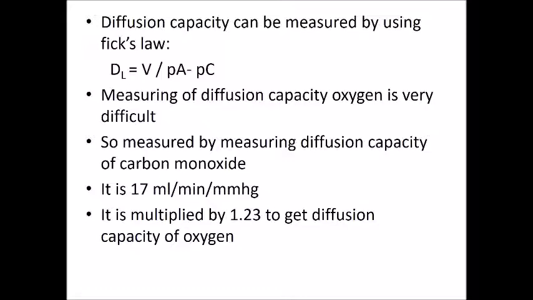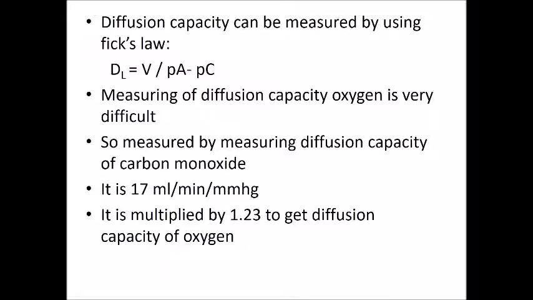We are using another formula. We are first measuring the diffusion capacity of carbon monoxide. Now carbon monoxide is such a type of gas that it will combine with hemoglobin so rapidly, it has very high affinity for hemoglobin, that the partial pressure of the carbon monoxide in the blood is essentially zero. So there is no need to take the sample from pulmonary capillary. Only alveolar air sample is enough. Now once you calculate the carbon monoxide diffusion capacity, you have diffusion coefficient of various gases.